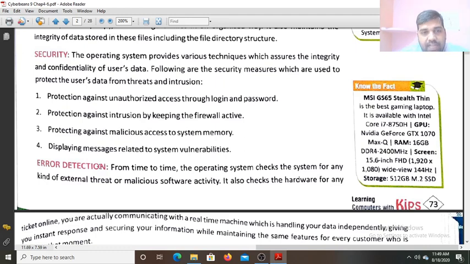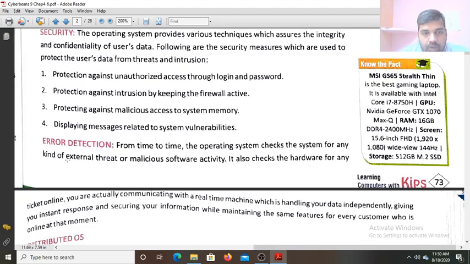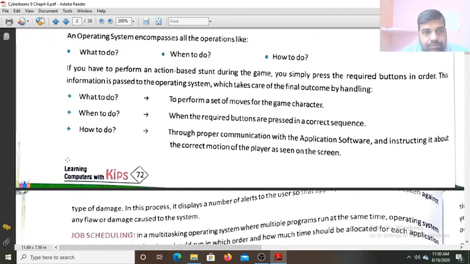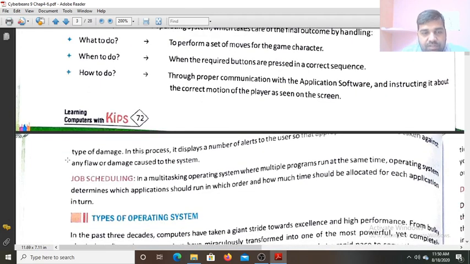Error detection. From time to time, the operating system checks the system for any kind of external threat or malicious software activity. It also checks the hardware for any type of damage. This process displays a number of alerts to the user.